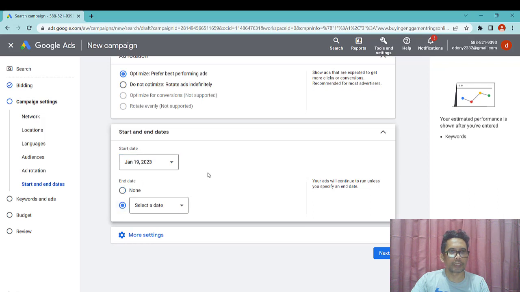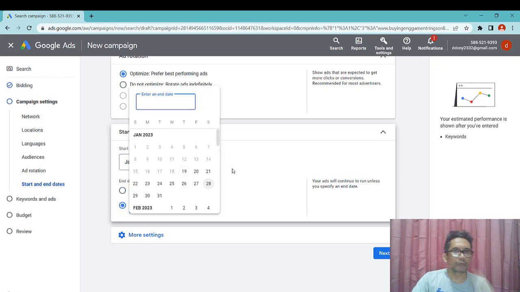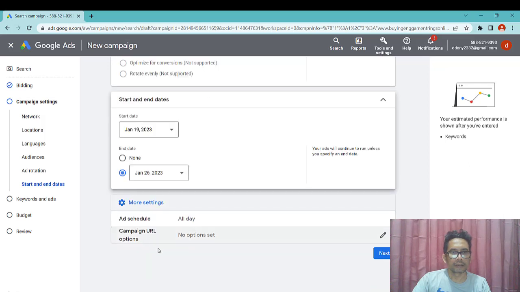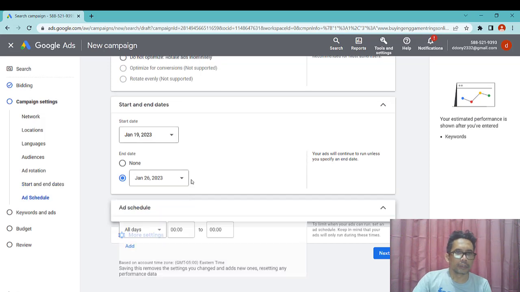For example, select the date, one week from the 19th, so I put 26 here. Click more settings, you can choose ad schedule.